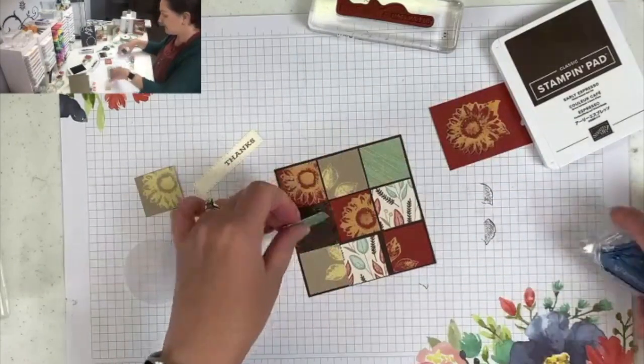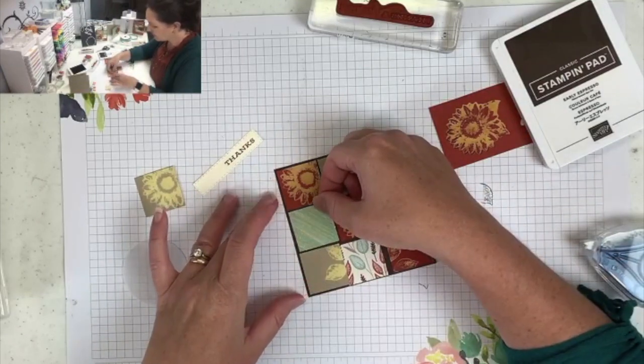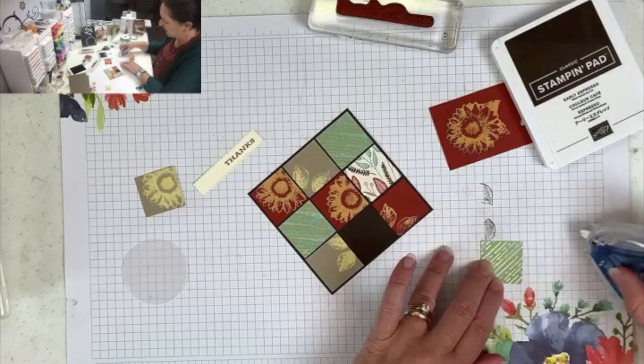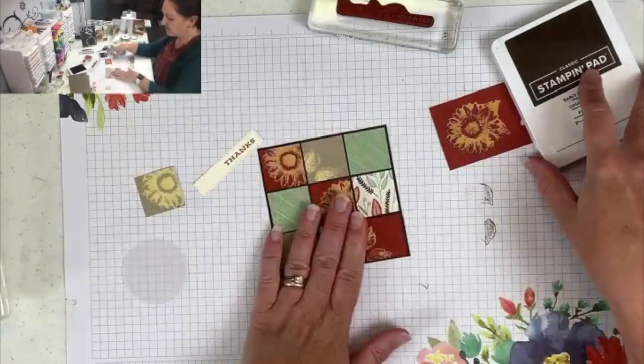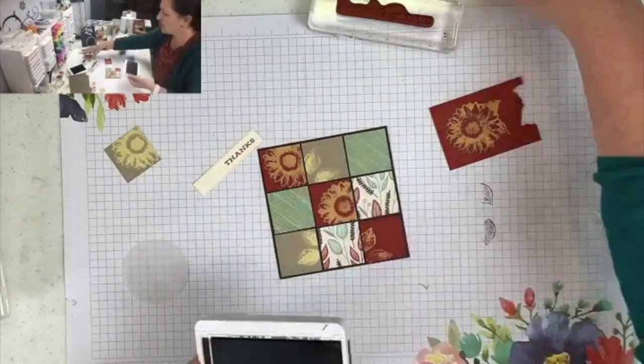This one does have a big image that's absolutely beautiful, but it's a nice way to group some of the smaller images so that you get a bigger effect from them. So think about this kind of 9 square layout for some of your small stamps projects. Okay, I have 1 extra piece here, and I think we're probably good, and I've got my